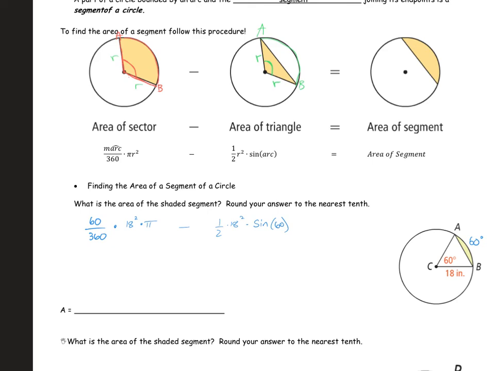Simplifying, without the pi, I get 54 pi minus 1/2 of 18 squared. 18 squared is 324, and 324 divided by 2 is 162. So I get 162 sine of 60. I just wanted you to see what we could do here. That would be my exact answer. Now, 54 pi minus 162 sine of 60, to the nearest tenth, I get